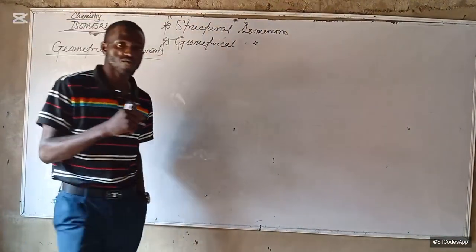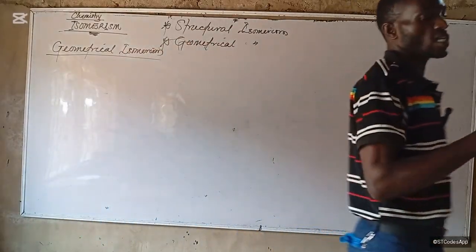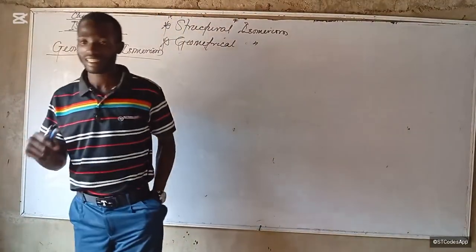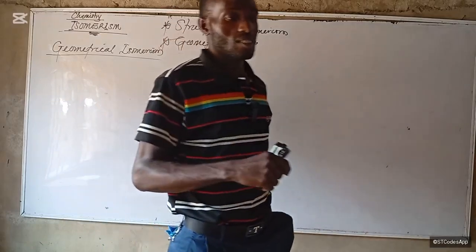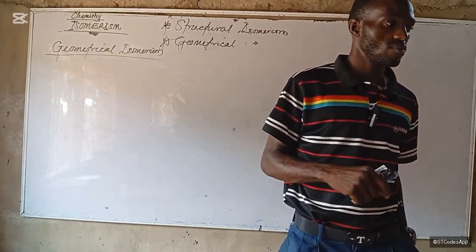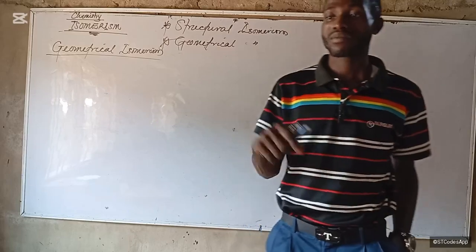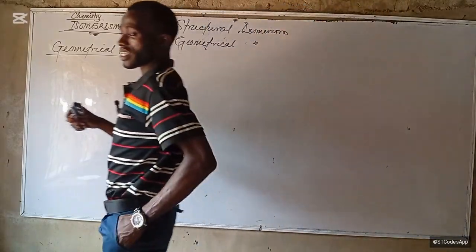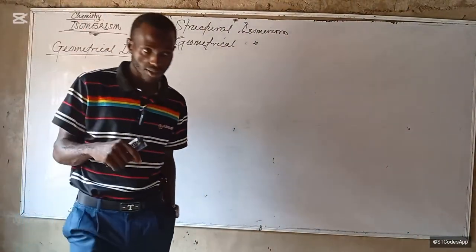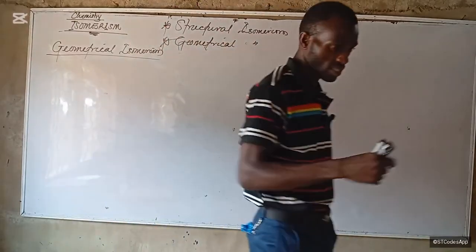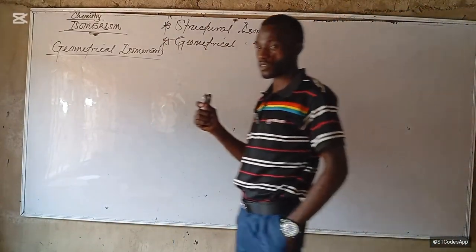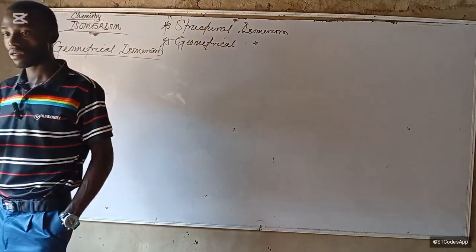They have the same molecular formula but different orientation in space. This type of isomerism is seen in molecules that have double bonds or triple bonds, which, as we recall,